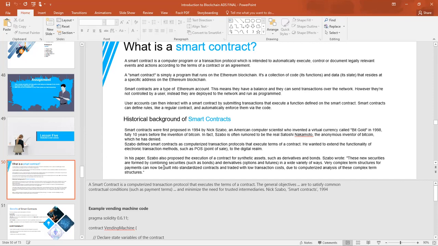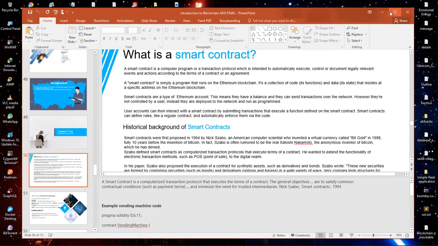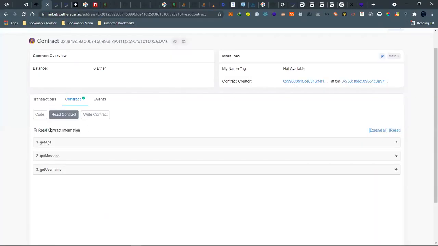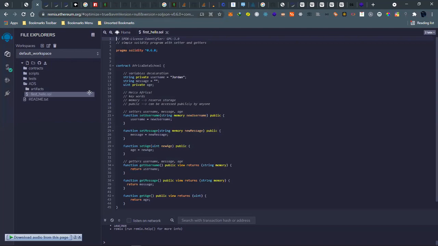And from the work of Nick Szabo, Vitalik would later come on and actually implement that work with the help of Nick Szabo and also Gavin Wood. So you remember the smart contract we had started two weeks ago. Yeah, so this is the contract that we did last week,